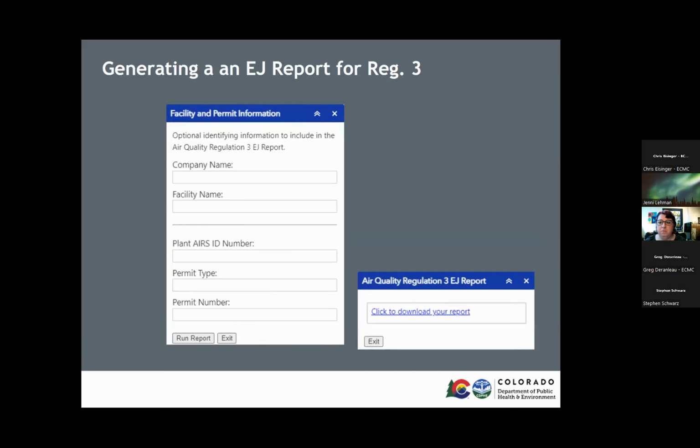and then you just hit next. You can fill out your information here for the purposes of like an OGDP. You don't need to worry about permit types or numbers necessarily. It doesn't really matter what you put in these fields, and you don't actually have to put anything in these fields. What it does is it populates the report with that information on the top of the report, whatever you entered in there. And once you hit run report, it'll cycle for a few seconds,